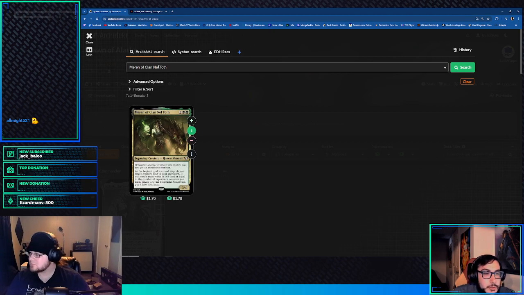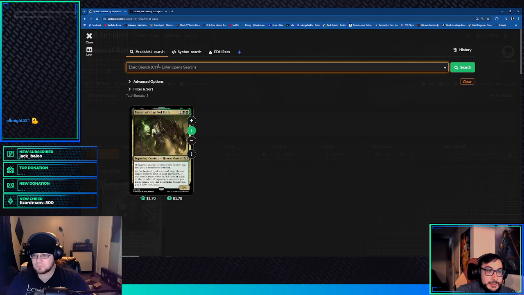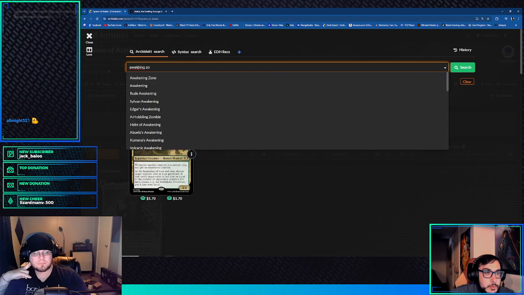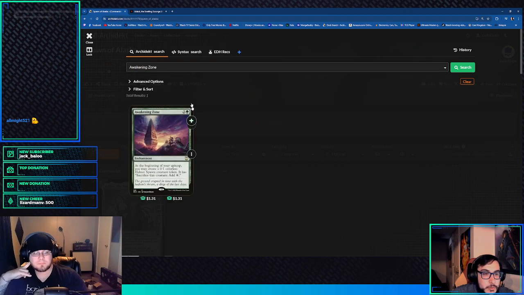Wow. That's really good. And then what's the green enchantments that keep making them every turn? So Awakening Zone and From Beyond are the 2 big ones. There we go. And then you say...